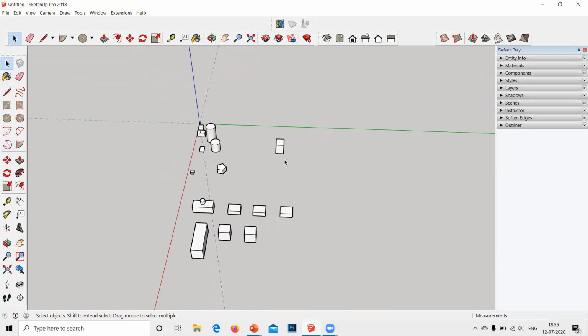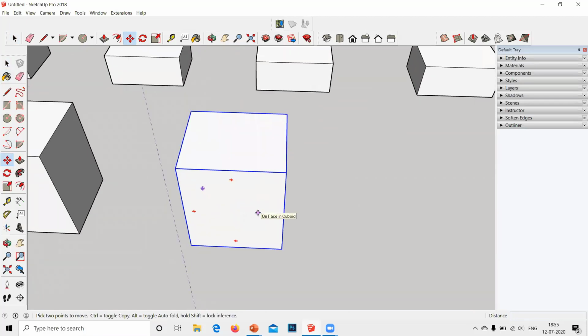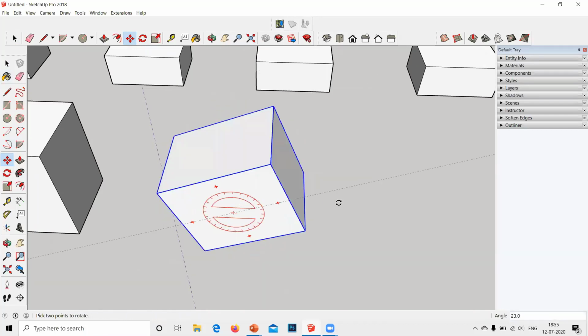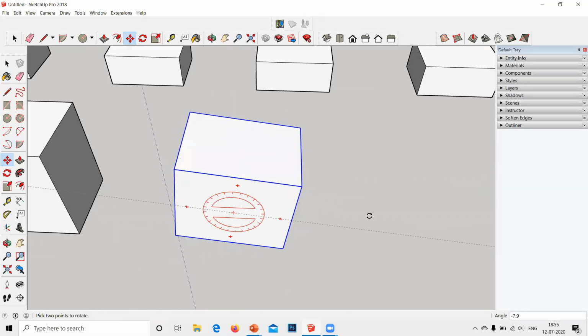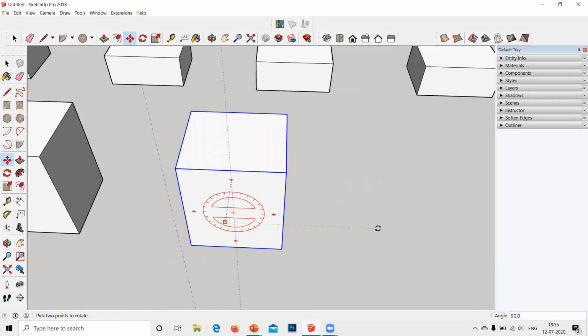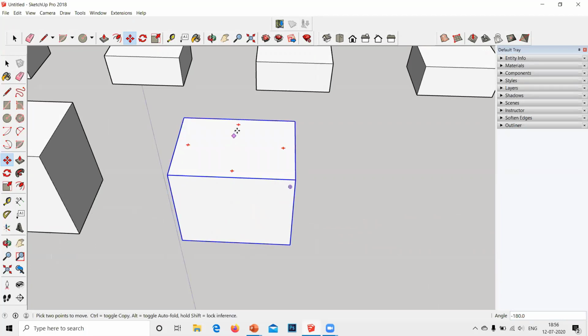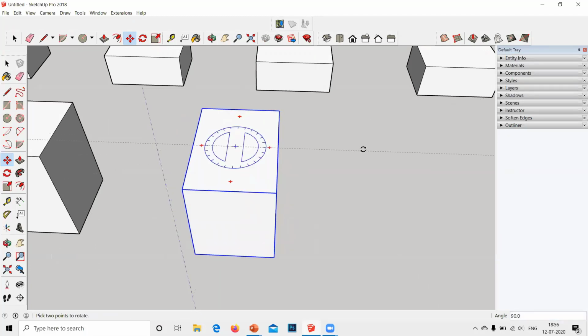Now coming back to the red plus signs. Suppose you want to move something, but at the same time, first you want to rotate. Click on any of these plus signs. If you want to rotate it along this axis, click here. And left arrow key, right arrow key, just see how it works. This along this axis. This along this axis.